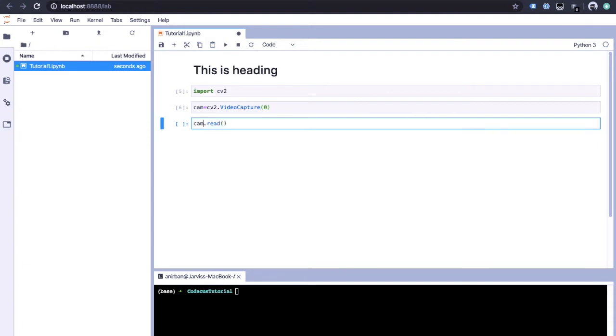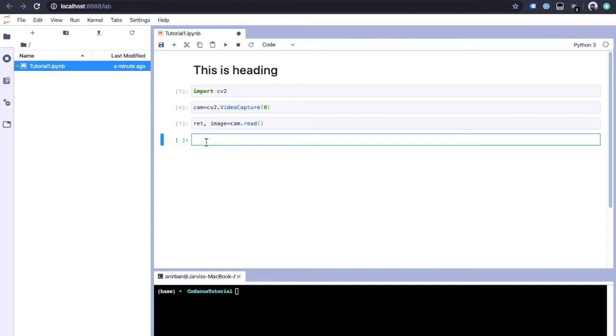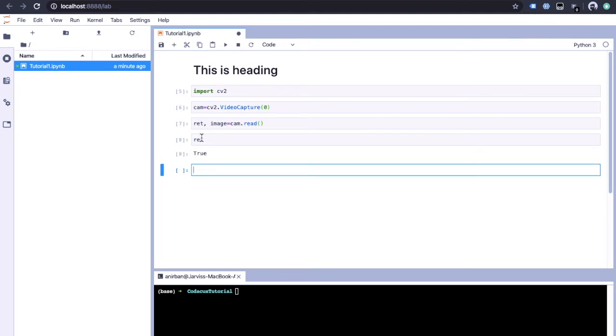This is going to return a boolean which will indicate whether a successful capture happened or not, and it will also return the image. So it is ret, image equals this. Let's execute this and see what the output of the return is. So it is True, that means we have